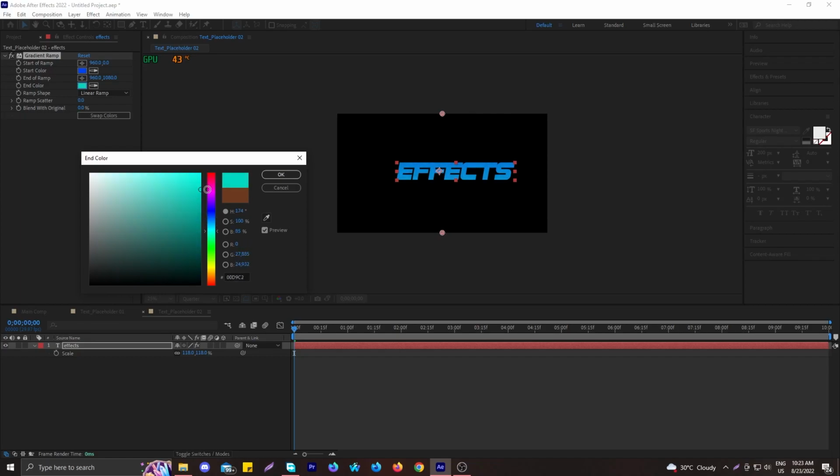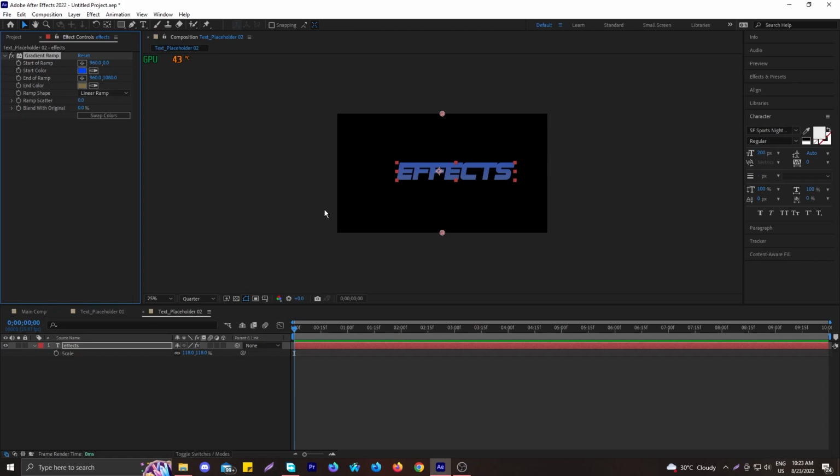And the bottom part, the gradient and the end color, should be around the aqua color. When you go to the beach and you see the underwater color, it is so nice with the red, and it looks good. The yellow doesn't look that good with the red because it's more